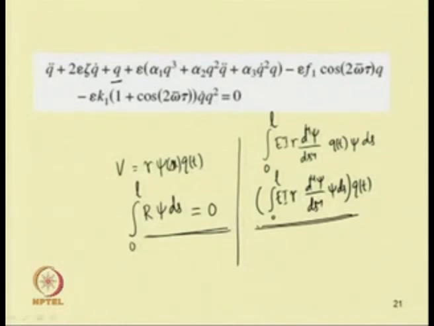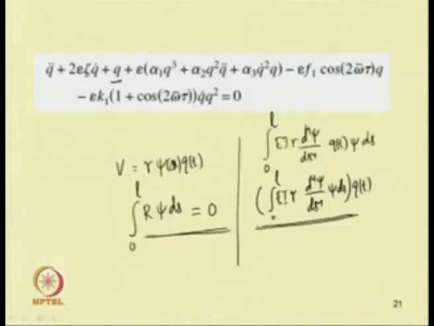So, in this way, by taking the terms one by one, one can convert this spatio-temporal equation to a temporal equation. One can note that in this temporal equation, this time varying term is a coefficient of q, so this is a parametrically excited system. This is a linear parametric excited term, but here this time varying term is a coefficient of a nonlinear term, that is q dot into q square. So, this is a nonlinear parametric term.